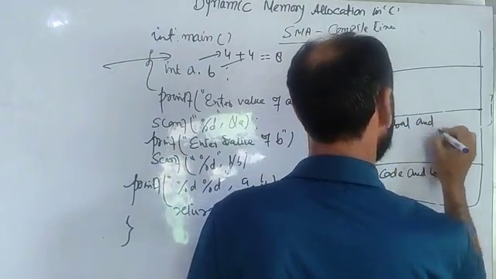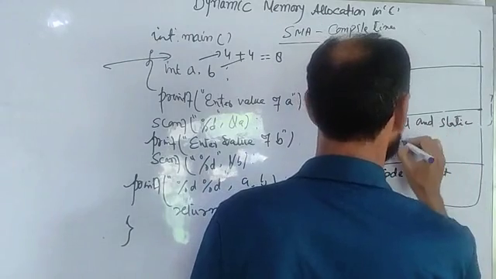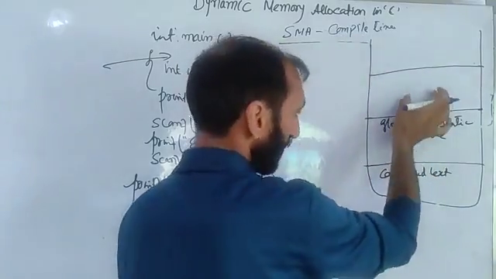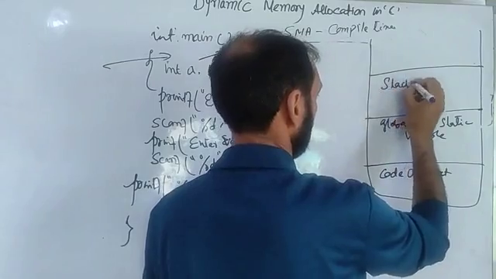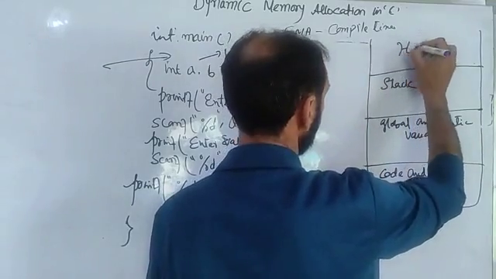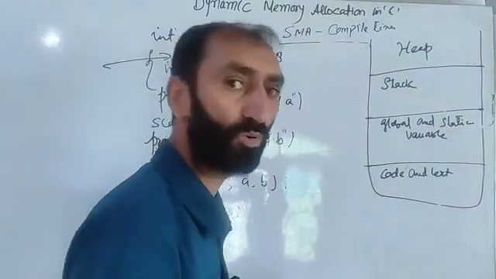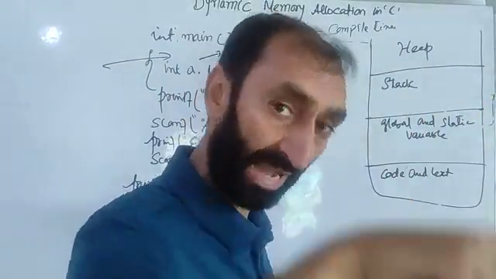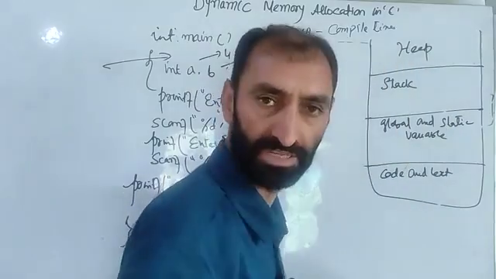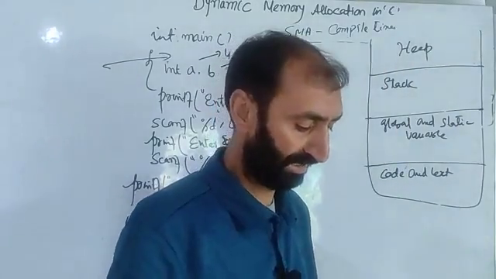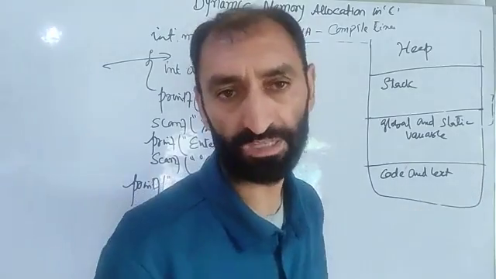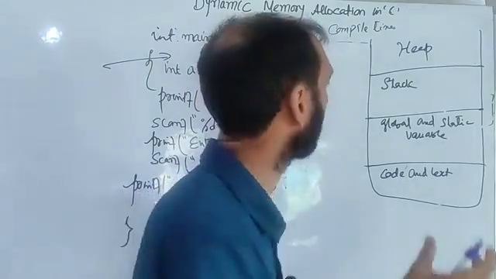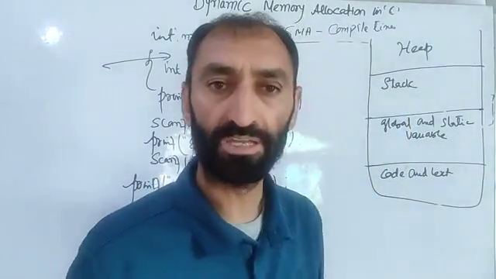Global and static variables. And this third portion is for the stack. And this last one is the heap. The major portion of the memory that is allocated to the program at runtime is from this heap. Heap is a long, big pool of memory. The maximum portion of memory is allocated from this heap at runtime